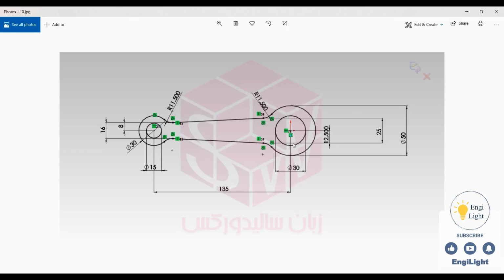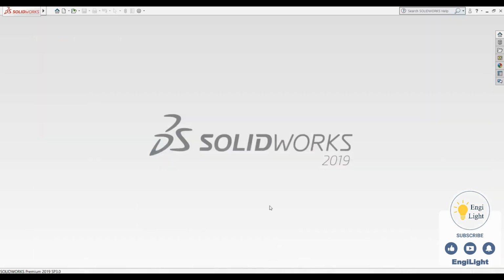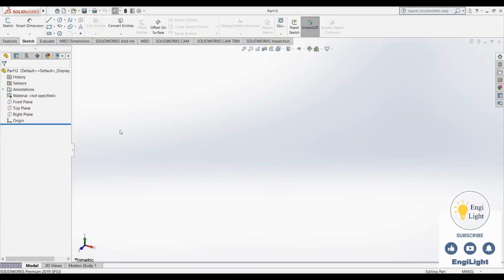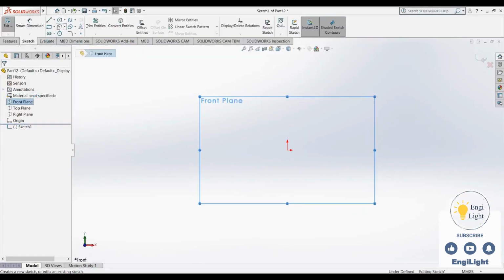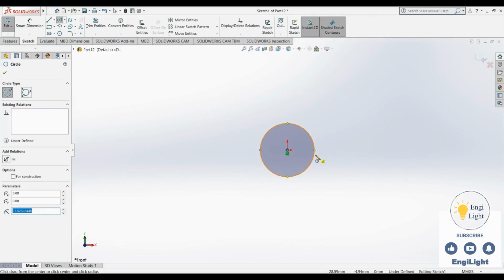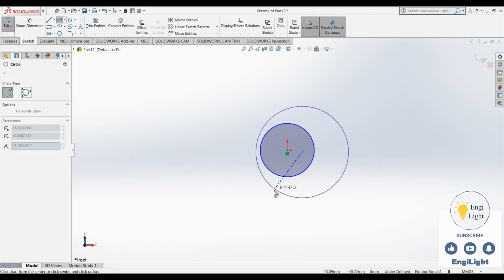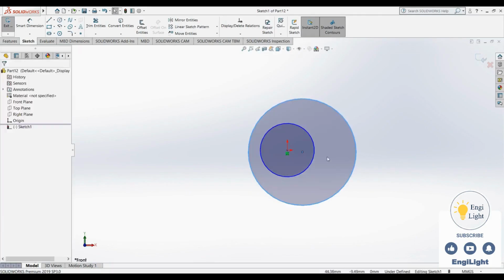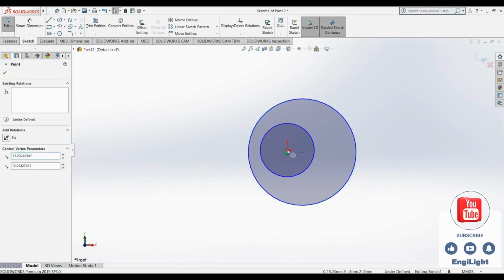So first I draw a circle with a diameter of 30 millimeters. I open a sketch on the front plane, select the circle tool, draw the first circle, and then draw another circle concentric with it. Let's say the circle I draw here is not concentric with the previous one. Let's place it here. To make the two circles concentric, I can make this point coincident or merge with the